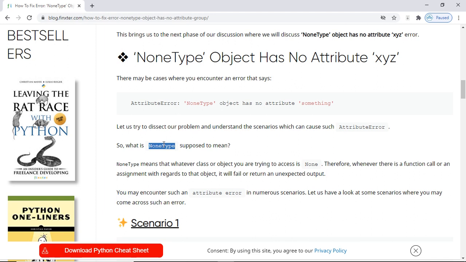If this does not make things clear, let us have a look at a few examples which will help us understand and visualize why and when we get such errors, that is, NoneType object has no attribute, which can be something like group.